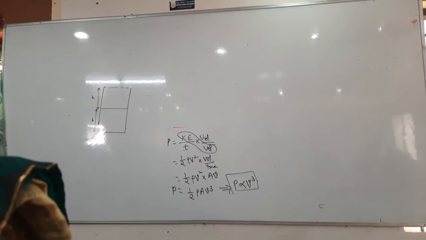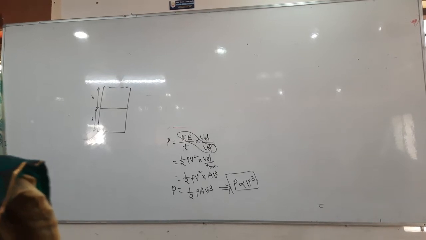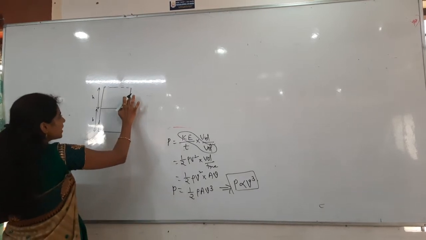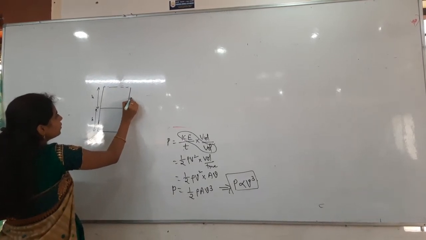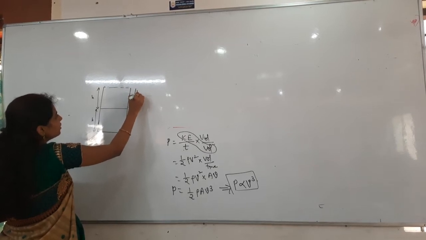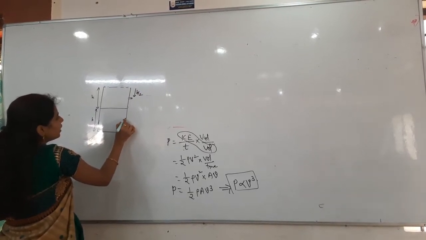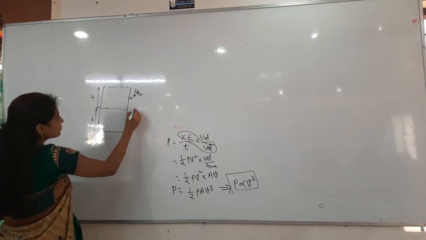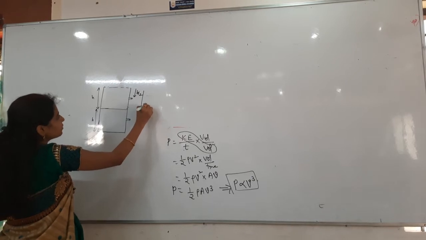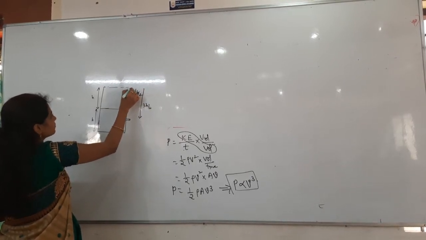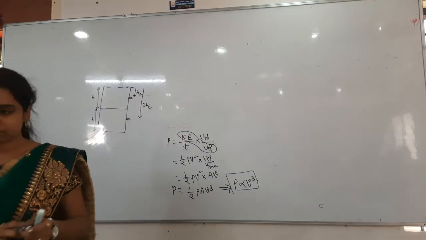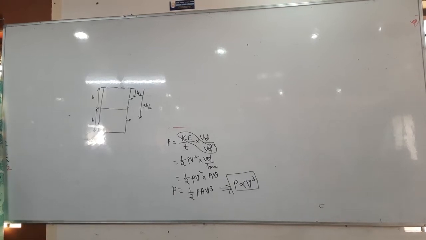Two holes are made to the side wall at h by 2 and 3h by 2 from the upper surface of the liquid,